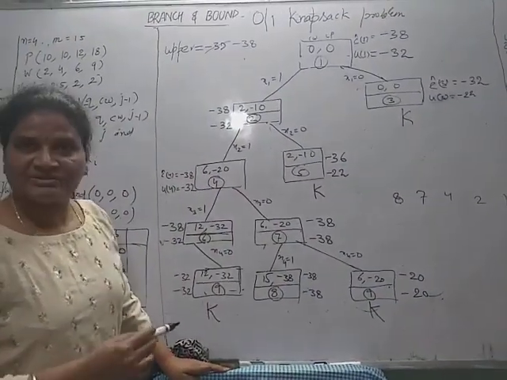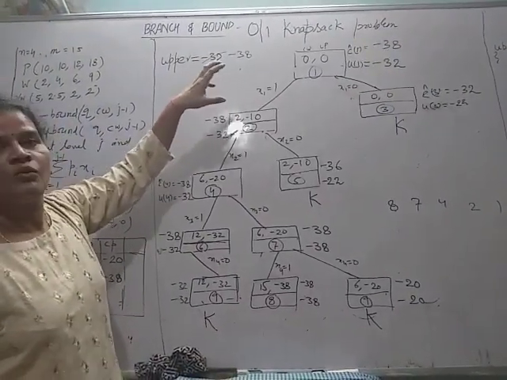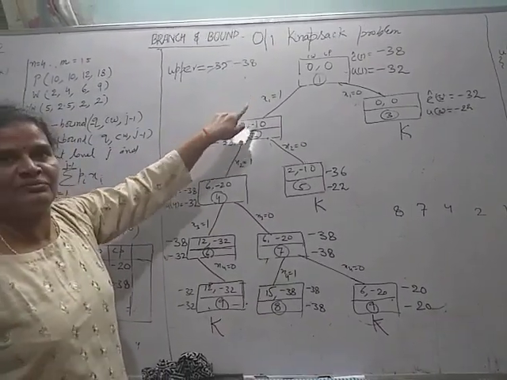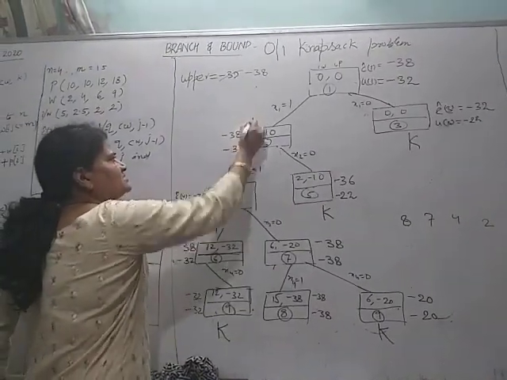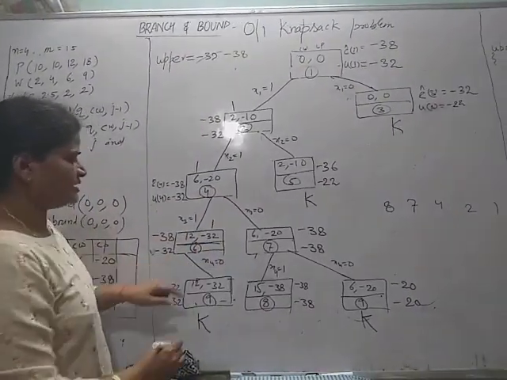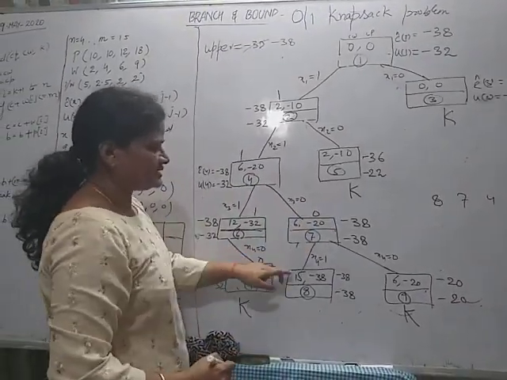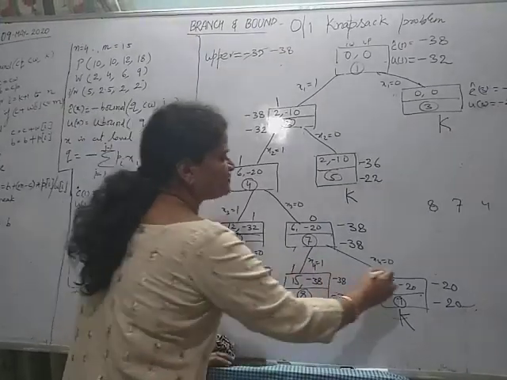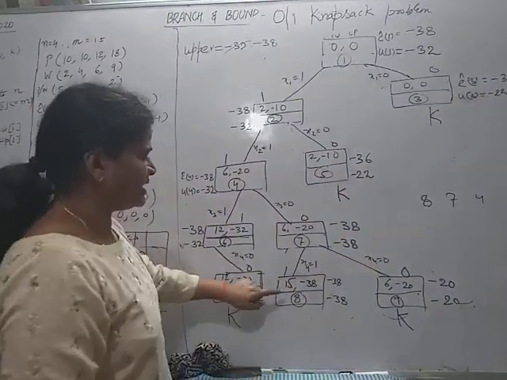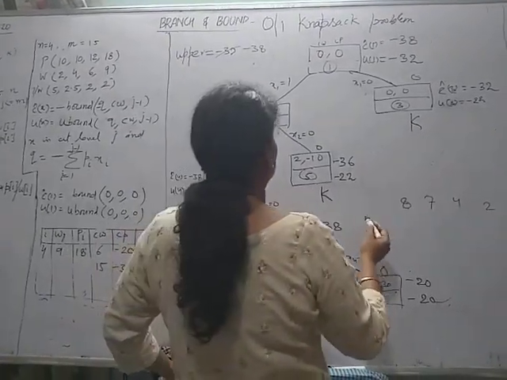This is giving the path, but how to make the assignment? For making the assignment we add one tag field with each node. If it is coming from the parent as a 1 branch, then the tag field is 1. If it is coming from the parent with the 0 branch, the tag field is 0. So the path is 8, 7, 4, 2, 1, and we read the tags along it.